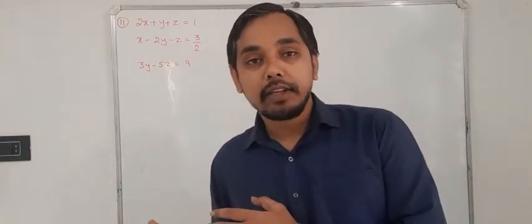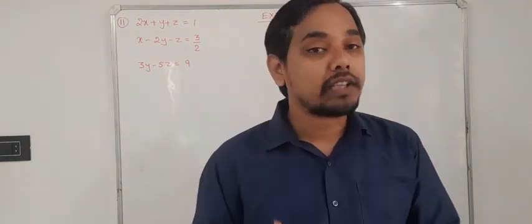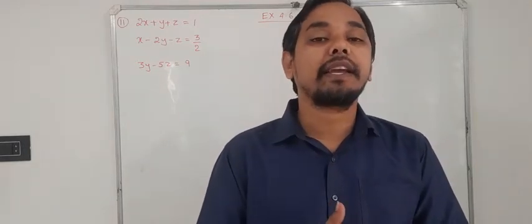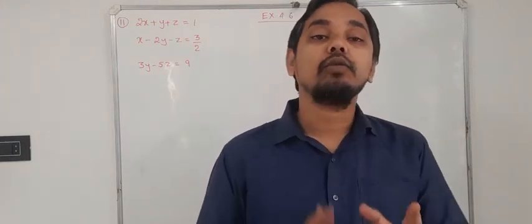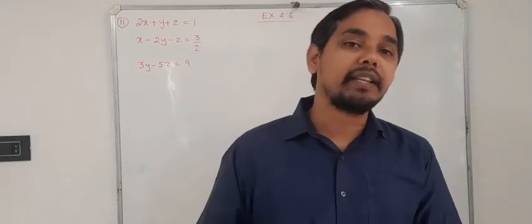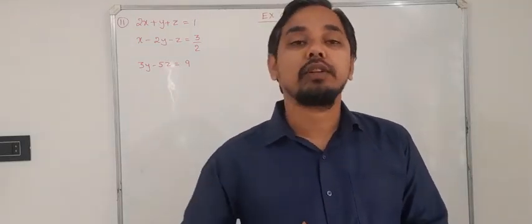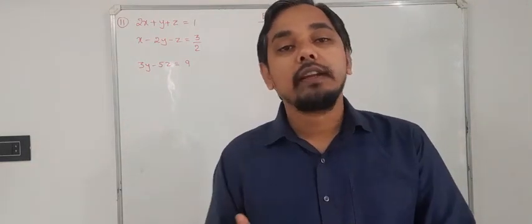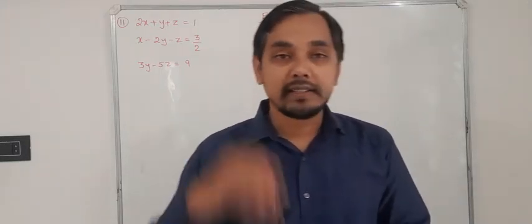So as it is equations in three variables, we get a 3 cross 3 matrix, especially in case 1, right? We don't have any shortcut trick to directly write the adjoint of a 3 cross 3 matrix. We should find the cofactors. But in the case of a 2 cross 2 matrix, that was not a problem, right? So the basic complexity is only in finding the adjoint. Everything else will remain the same. Okay, so let's try to do this one.